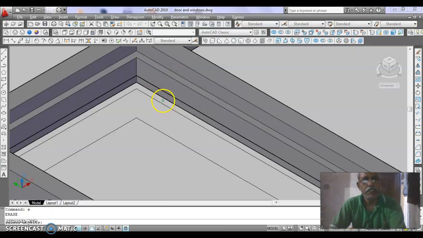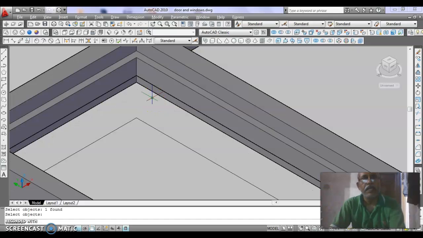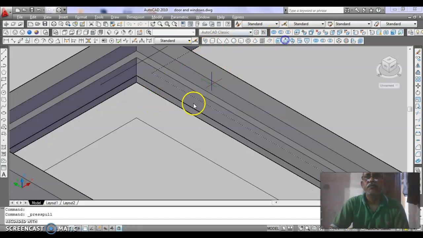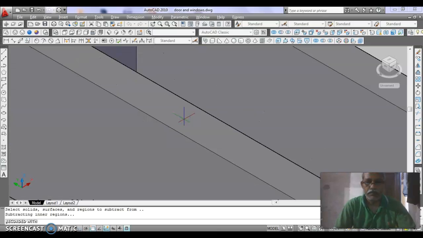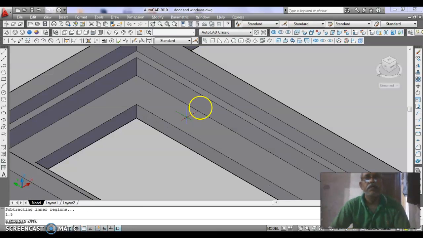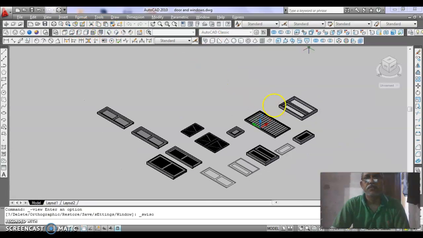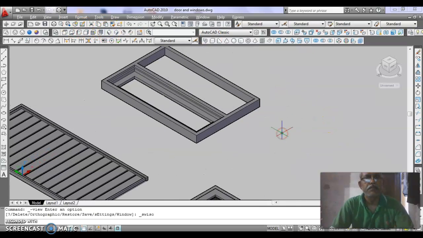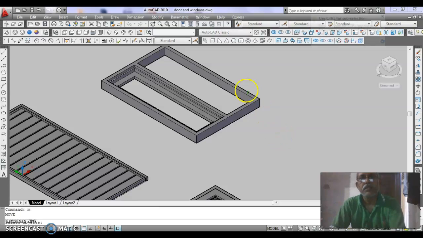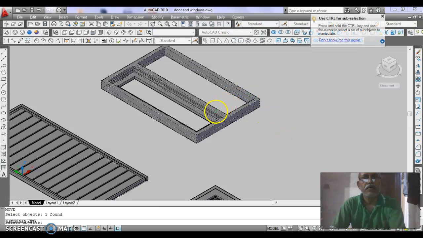Then erase this line, enter, then press pull this by 1.5, then again go to southwest isometric and move the window